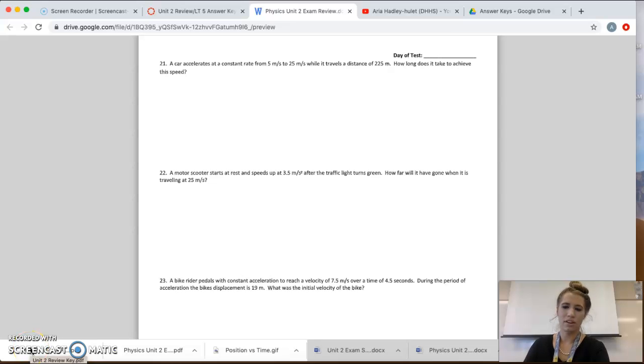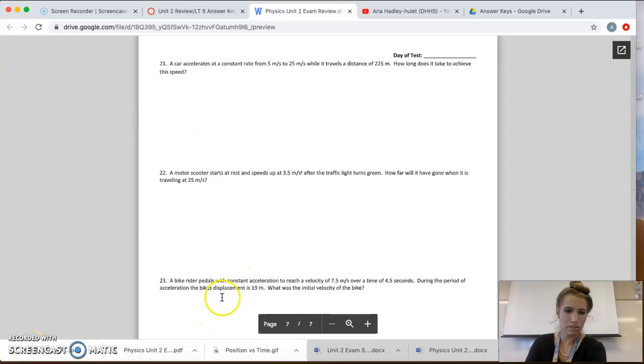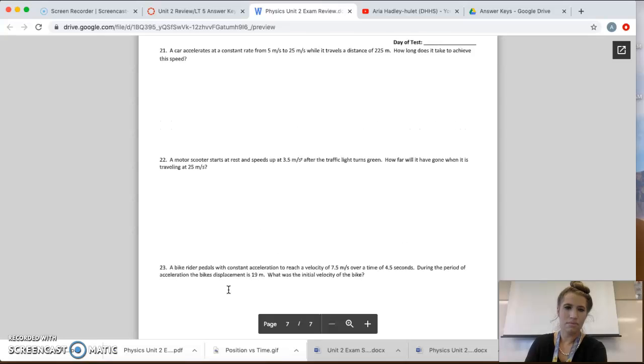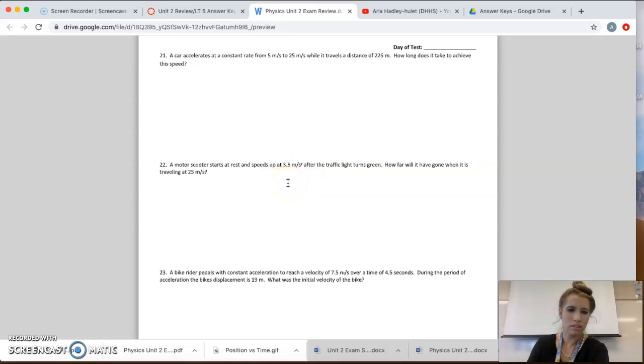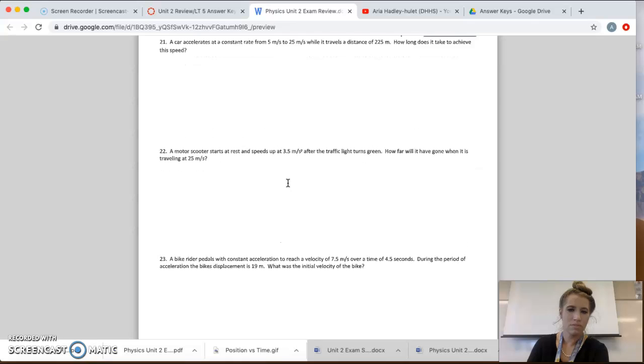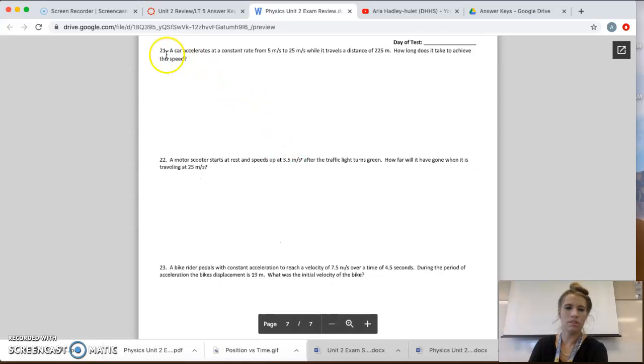Okay, so we have questions 21, 22, and 23. 21 and 22 use the exact same equation. That equation's rearranged a little bit differently, but other than that, they're very similar. So I'm going to look at, let's see, which one might be more different. Let's just start working through. Let's look at 21